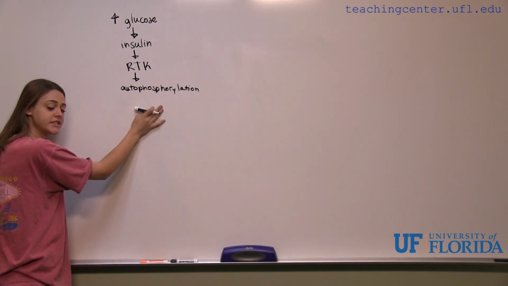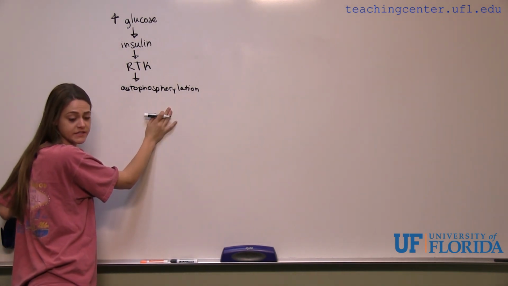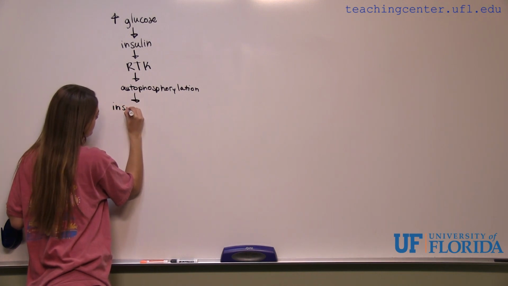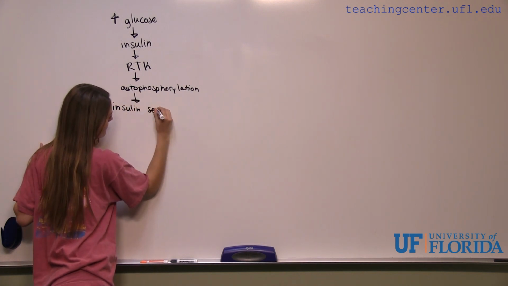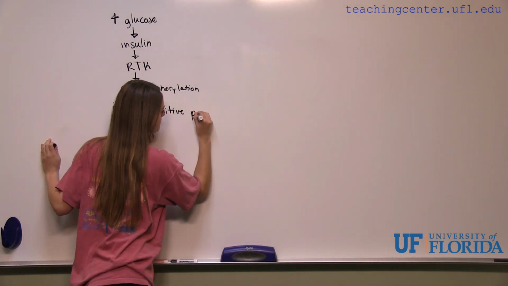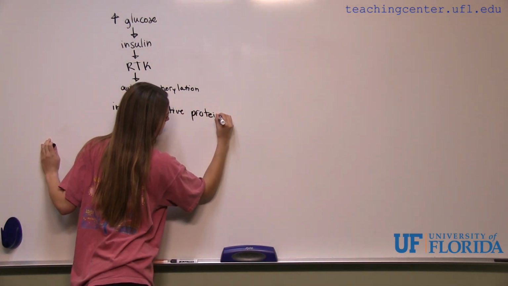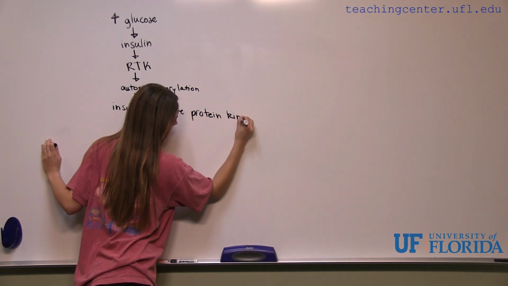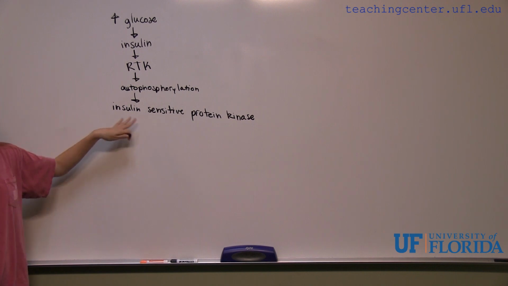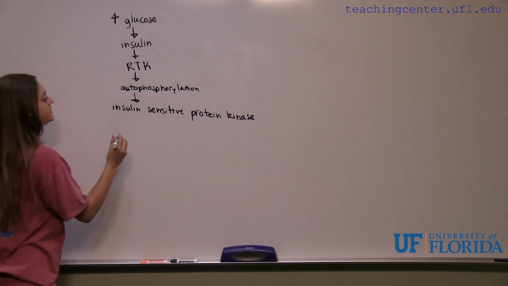This autophosphorylation is going to then activate insulin-sensitive protein kinase. This insulin-sensitive protein kinase is then finally going to lead to